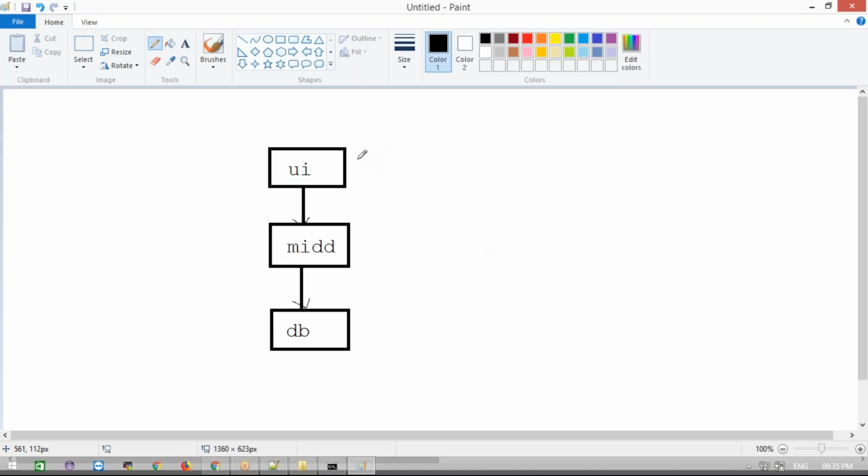Now, how can we configure this across all the jobs? If I take the middle project, we need to create each job individually, one job for one purpose. Now, where do we need to configure the upstream and downstream? Here we need to configure the upstream job. What is the upstream job for the middleware project?